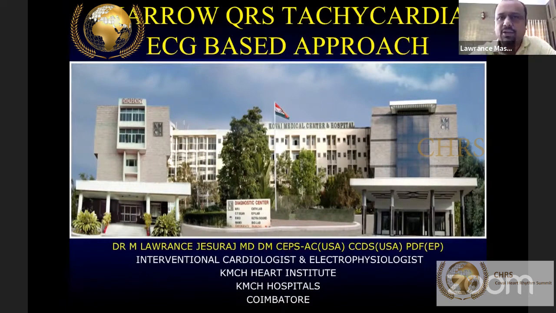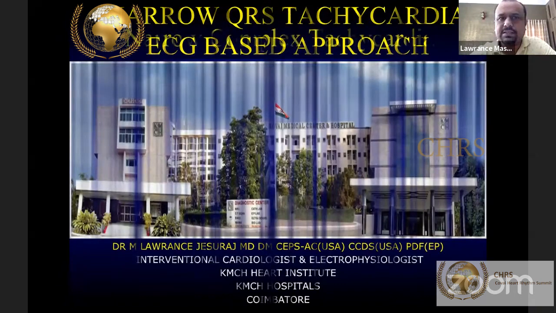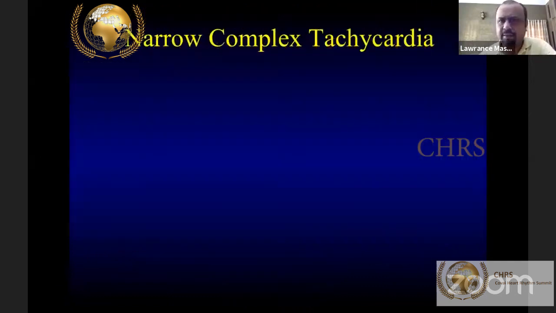By narrow QRS, we are talking about tachycardias which have a QRS of less than 120 milliseconds. The differential diagnoses are limited. The most common narrow QRS tachycardia we are going to see in clinical practice is going to be a sinus tachycardia,